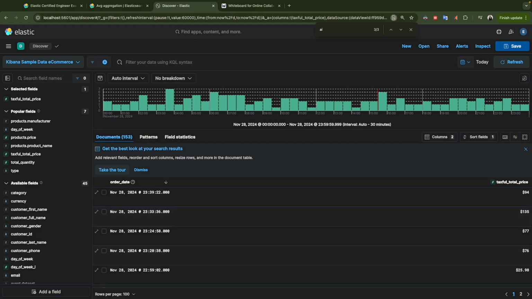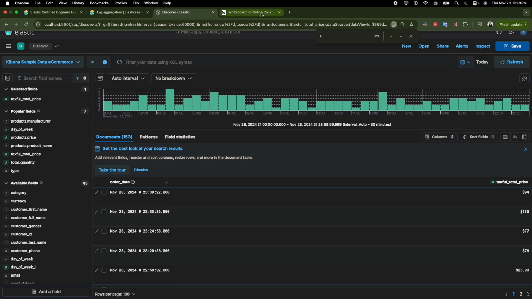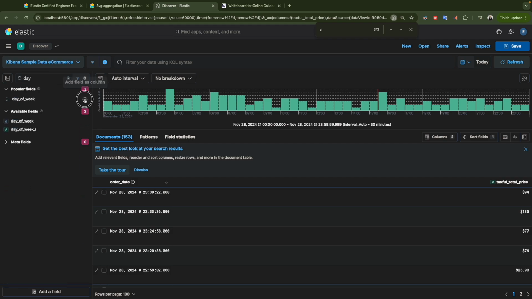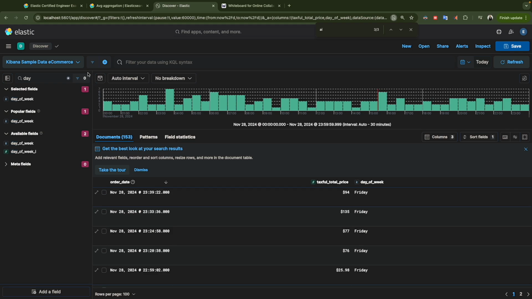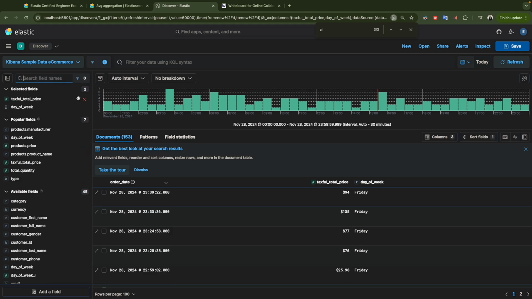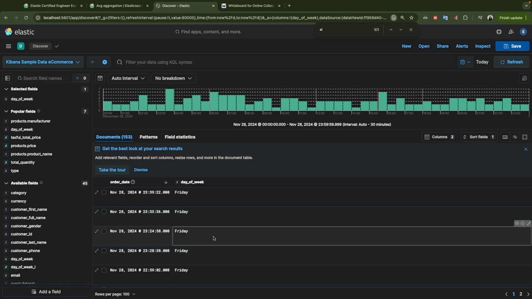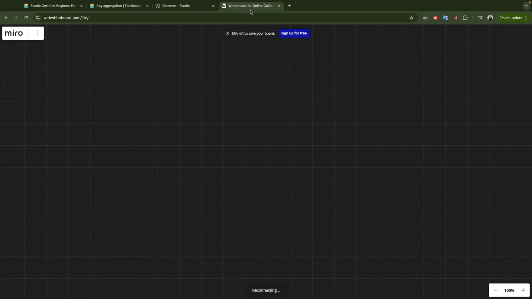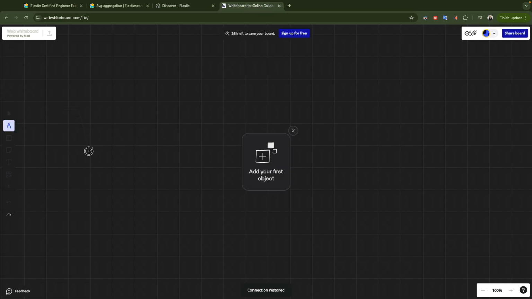Let's explain what a bucket aggregation is. Let me remove this one and just keep the days. As you can see, we have this field, day of week, and here we can create